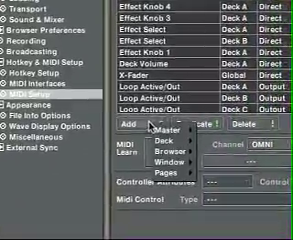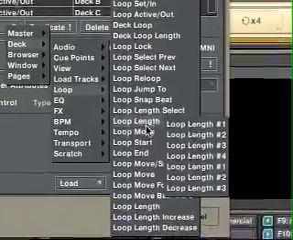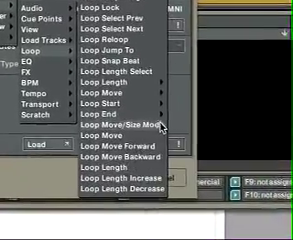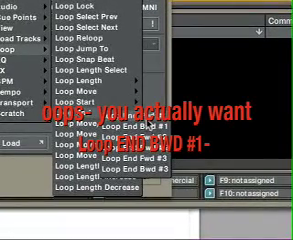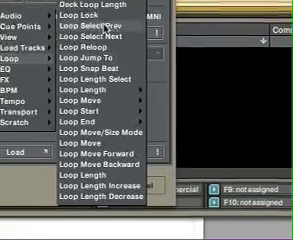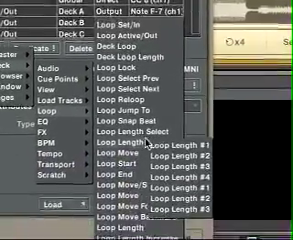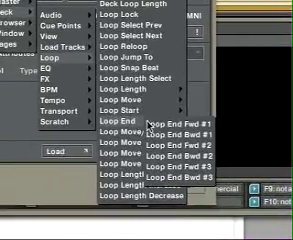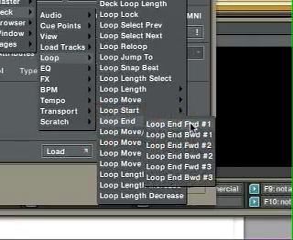Add deck loop length, loop end. Loop end, it's kind of confusing. Oh, loop end forward. Yes, loop end forward number 1. So that's a variable. And then we want deck loop, and deck loop length end forward. So those are the two things I assigned two buttons to on the VCI-100 Special Edition,